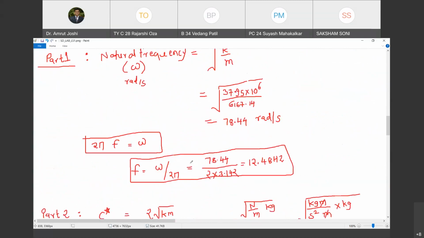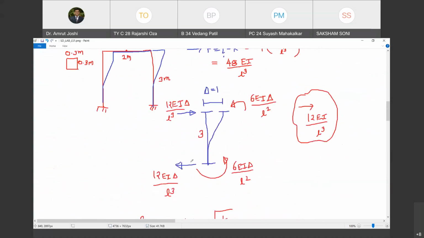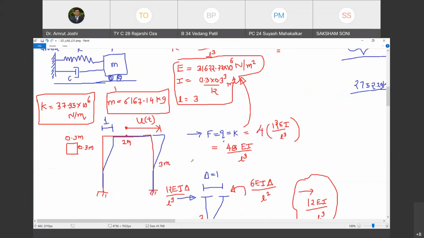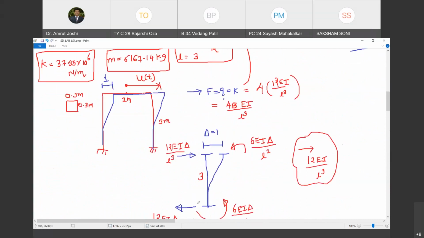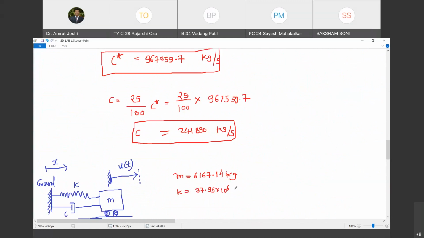Where did we calculate the value of K? K की value कहाँ? यहाँ पे calculate की थी ना? So how much is that? 37.95 into 10 power 6. What is its unit? It is in Newton per meter. And what is the value of C? The value of C is 241,890 kg per second. So with all this characterization of this single degree of freedom system, we are now ready